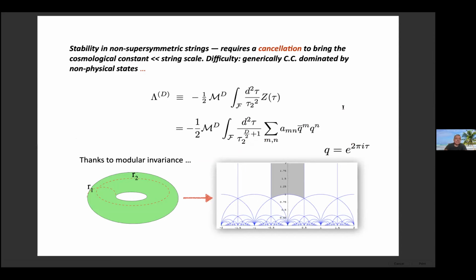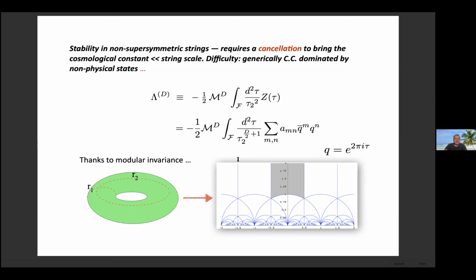So suppose we're going to calculate a cosmological constant, lambda, in some number of dimensions, d. This is what it would look like in string theory. Just in case you're not familiar with the way it looks, you have to integrate over all possible partition functions to get your cosmological constant. It looks similar to a one-loop diagram in a Schwinger parameterization, except the parameter is now two-dimensional because it's a world sheet. The object that appears in the partition function is normally written in terms of the parameter q, where q is e to the 2 pi i tau. This is normally called a q expansion.